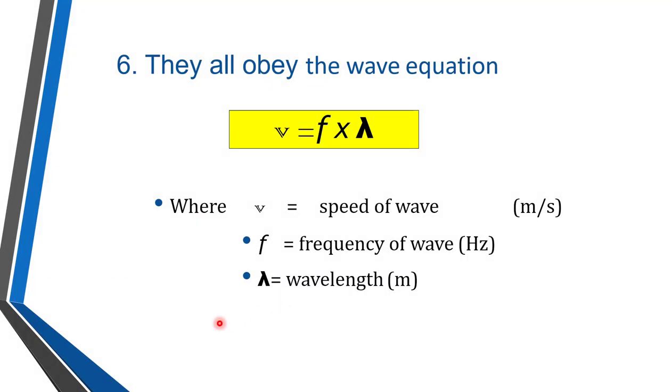So by this equation, we can express v, the speed of light, or speed of wave, as equal to f multiplied by lambda, where f is the frequency of the wave, measured in hertz, lambda is the wavelength measured in meters, and small v is the speed of the wave. For a light wave, v is 3 times 10 raised to 8 meters per second. If any quantity is known, the other quantities can be found out.